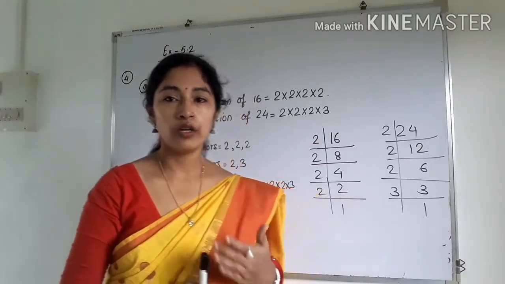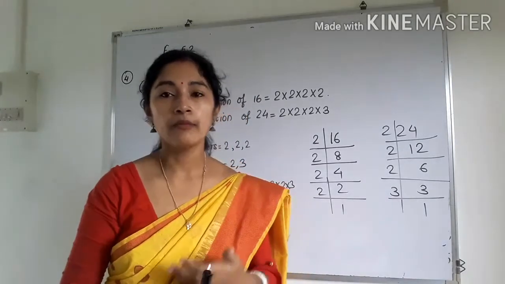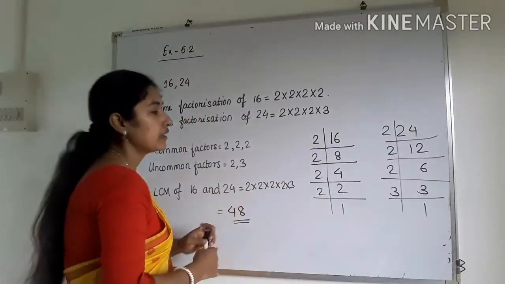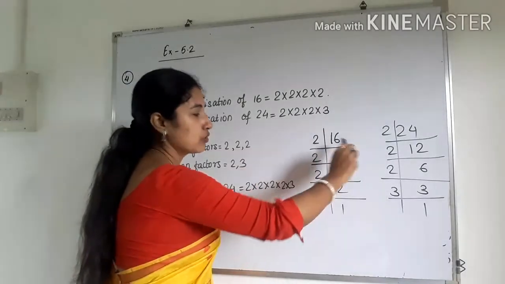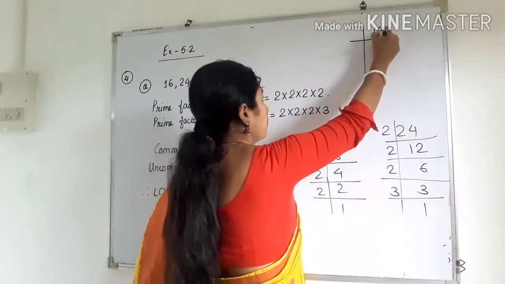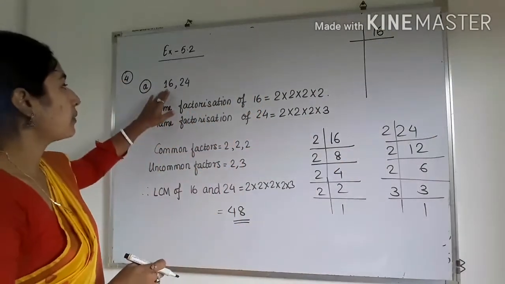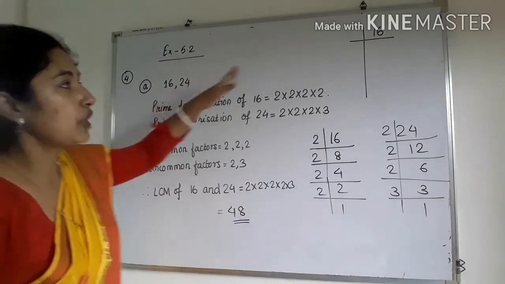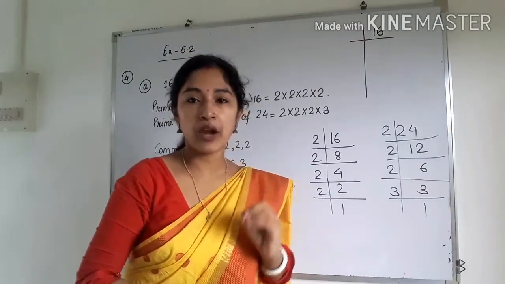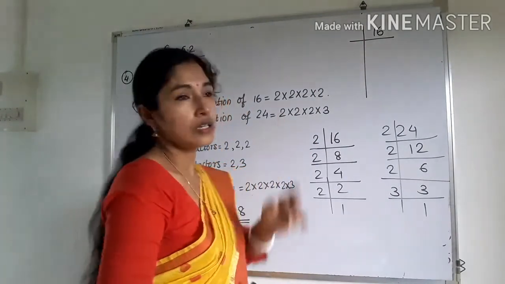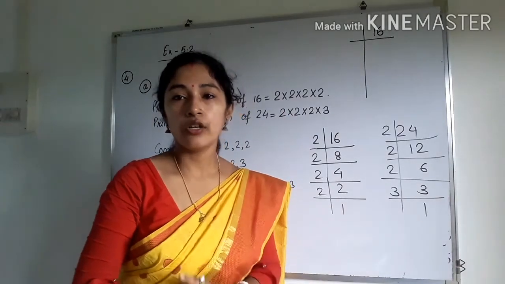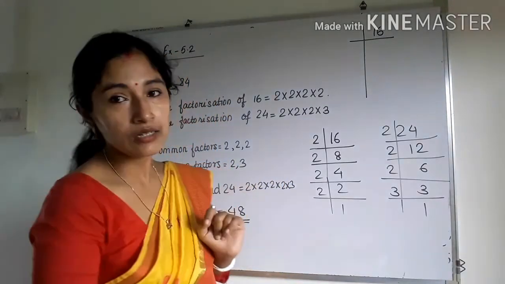And the second one, already you know factor tree. Okay, so now I am going to discuss the second one. So how to find? See, like this you have to make rows. Okay, so first of all what we have to do? We have to write like this. Okay, so here we are finding the prime factorization of 16 first. So we have to write like this. Okay, so now you have to see which is the lowest prime number by which 16 is divisible. Okay, you know 16 is divisible by 2 and 2 is the lowest prime number. Okay, so we have to divide it by 2.